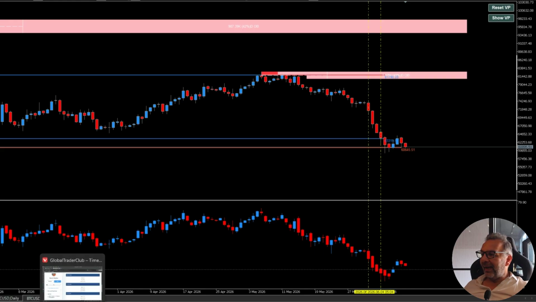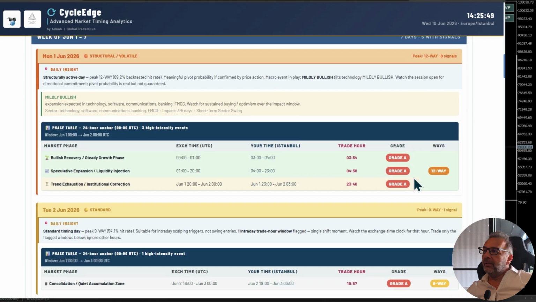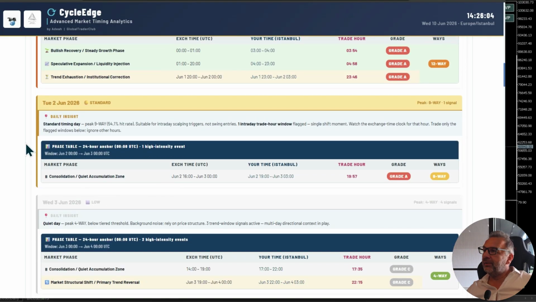Knowing that in advance is what you are getting, and that information is gold, because information is what's going to transform your trading. So by looking at days when I've got good days to trade, let's match it to our price action, let's match it to our technical analysis, let's match it to our bias, and let's just trade it. This is June 2, so all you have to do is just read the